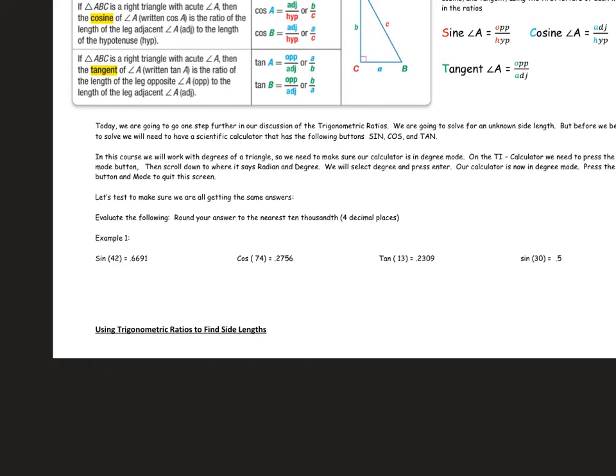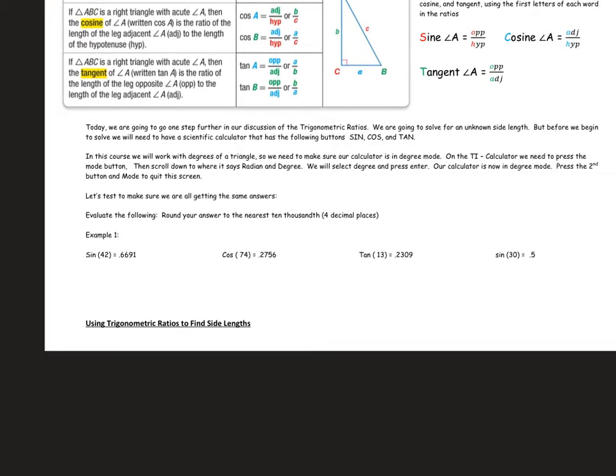Well, welcome back to Trigonometry Day 2. Today we're going to go one step further in our discussion of the trigonometric ratios. We're going to learn how to solve for an unknown side length of a triangle. So I'm going to give you an acute angle and one side length, and then you will be asked